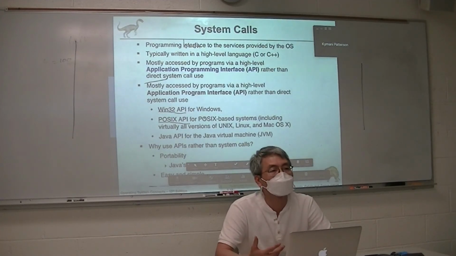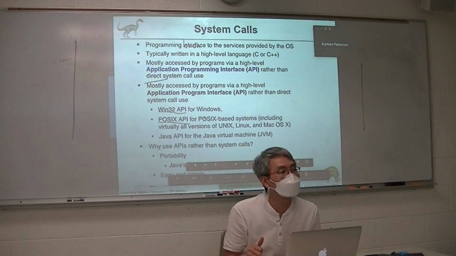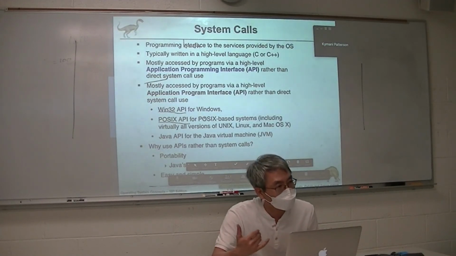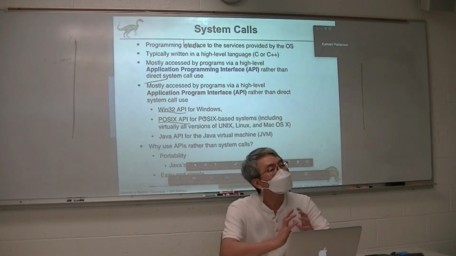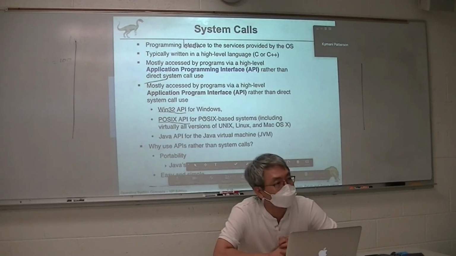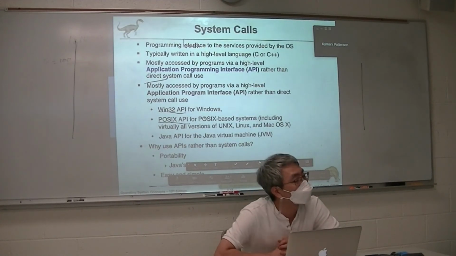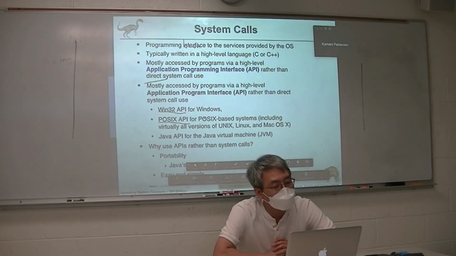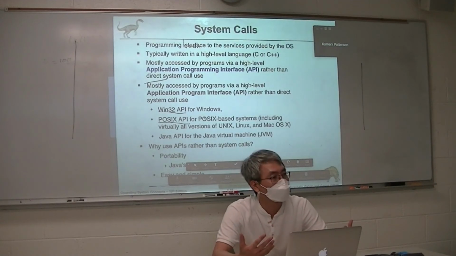Because a lot of the operating system is coded in C or C++, the POSIX API is a C or C++ library. So how many functions do they provide? It's not a huge number. It's not like 1,000 or 10,000 functions. Instead, it's very limited. Usually the POSIX API and the Win32 API provide 100 to less than 200 functions.